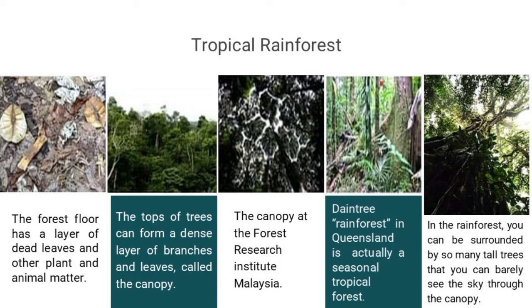So these are more images now. In the rainforest, you can be surrounded by so many trees that you can barely see the sky through the thick canopy. So treetops form a dense layer of leaves. We call that again canopy. We can find here another image of the forest floor, and the forest floor is littered with dead leaves and other plant and animal matter. So one thing that we have to note is that mostly in